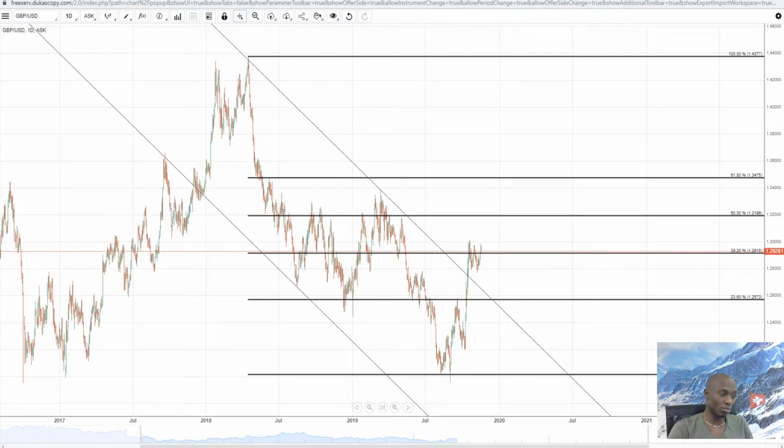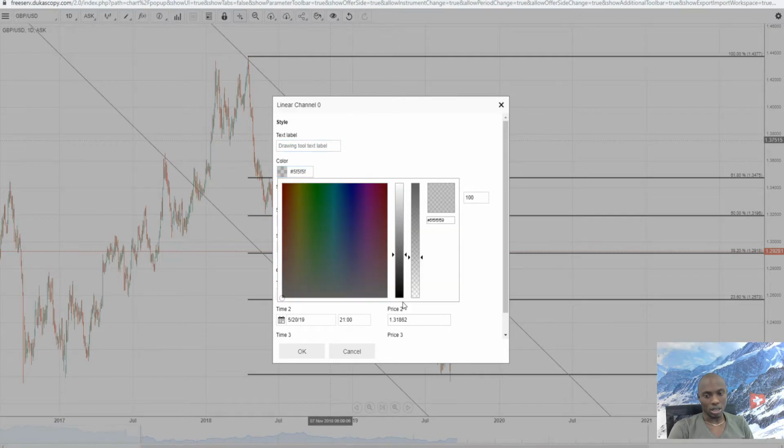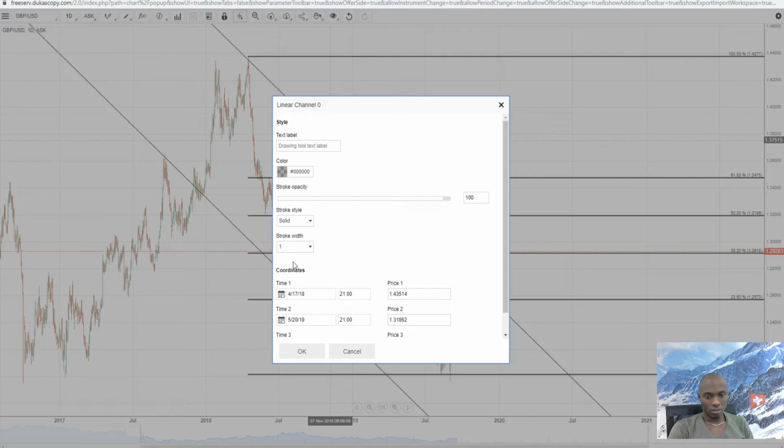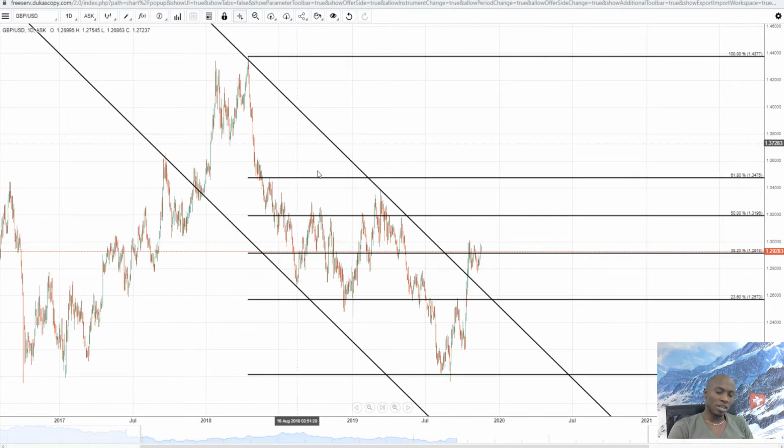If you have any question, simply put it in the chat box and I will answer you as soon as possible. So if you take this channel line, you hit it, this is the British pound USD. What am I seeing right now? I am seeing that the price movement is going bearish, like this is a descending channel for the British pound USD. That is based on